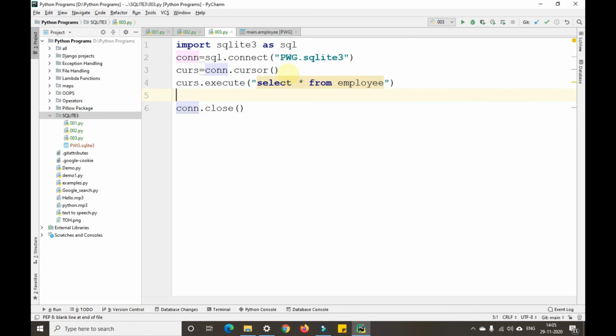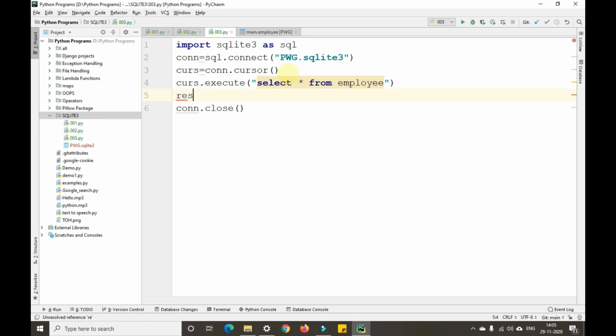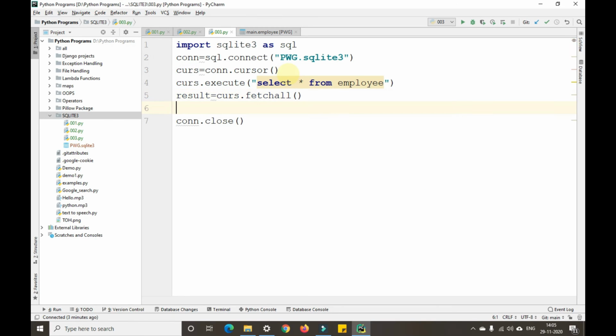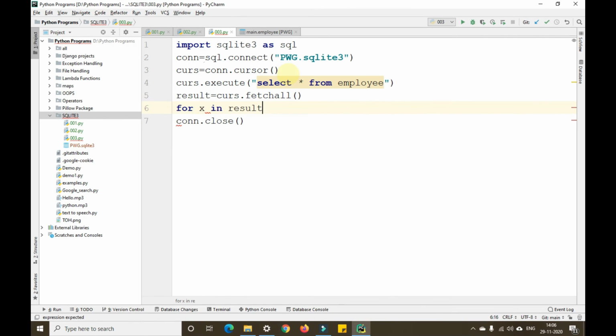So after that, I'll write a command, result equals curs.fetchall. Then for x in result with a colon, print x.